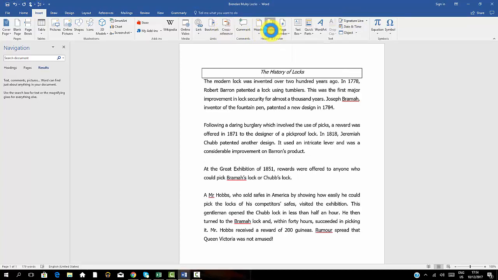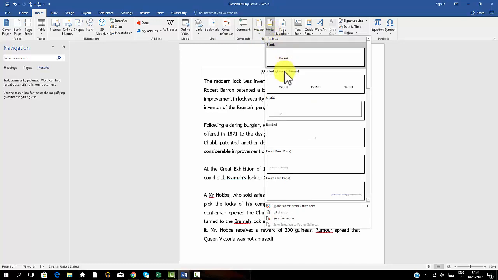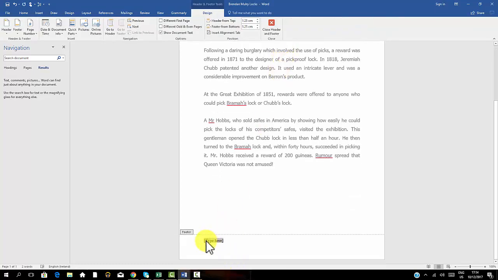Footer. Just blank footer. Type text. Let me see what that text will be. What does it ask us to type in? Following your name. Okay, so it doesn't, what it means is your name. And